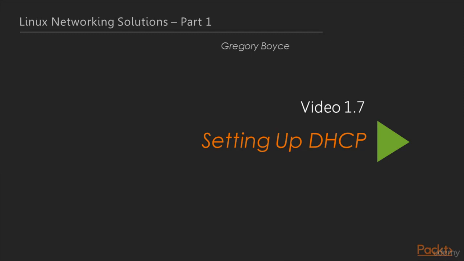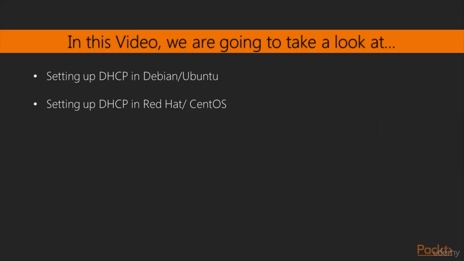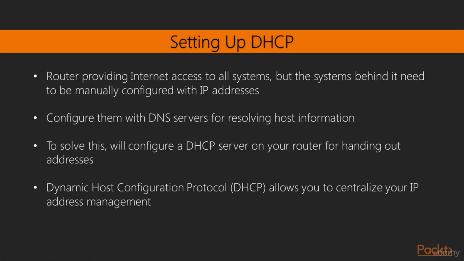In the previous video, we saw enabling NAT to the outside. In this video, we will set up DHCP in Debian or Ubuntu, and set up DHCP in Red Hat or CentOS. You now have a router that provides internet access to all systems behind it, but the systems behind it